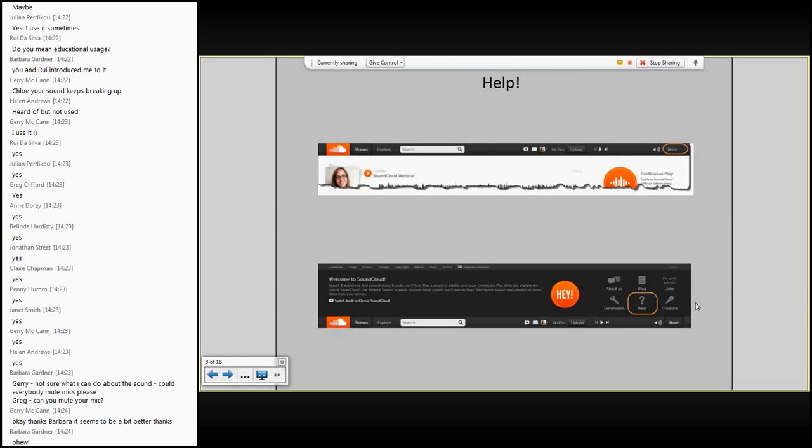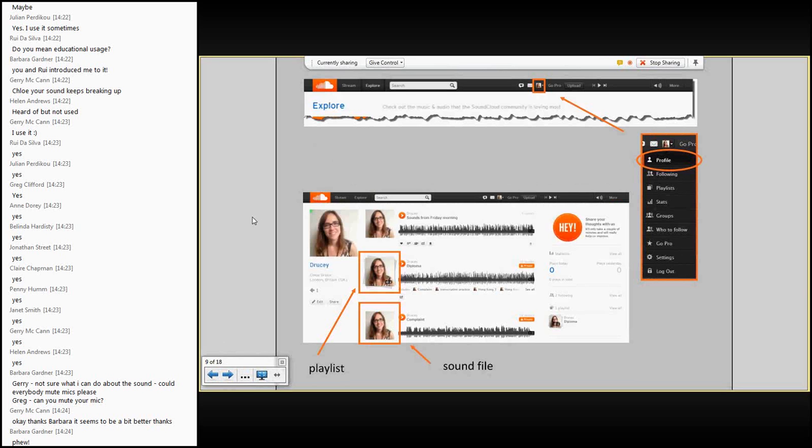So it works in the way that many of them do, and you just type in your question or the start of it, and then it brings up, hopefully, the answer that you were looking for. And there's quite a lot of information in there actually, so it's quite a useful feature that they've got. So once you've got started with SoundCloud and you want to navigate your way around, you can find your recordings,